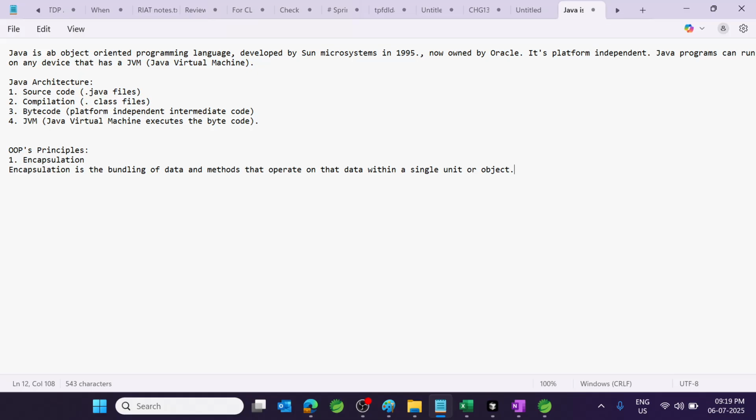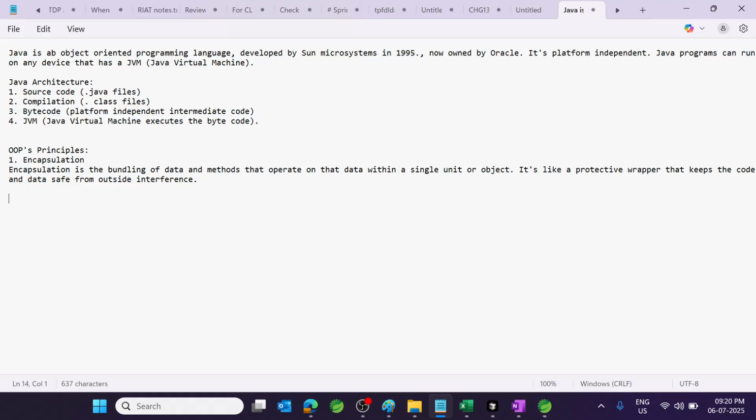So it's like a protective wrapper that keeps the code and data safe from outside interference. Main point which you need to remember. Okay.